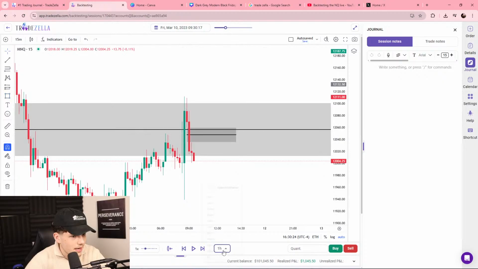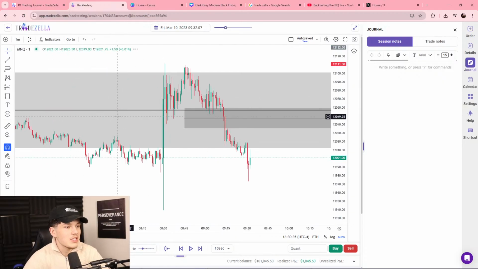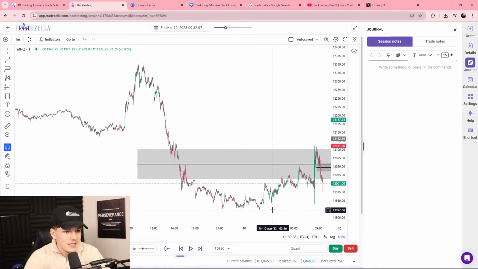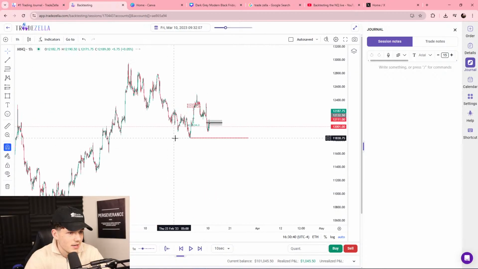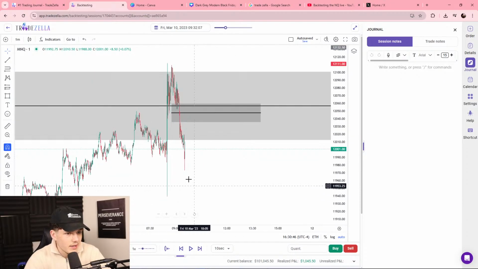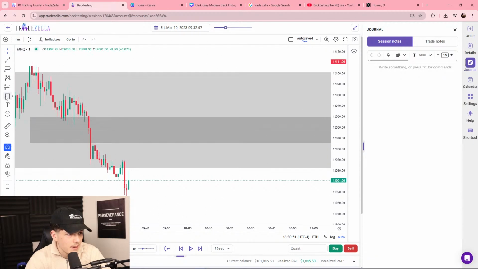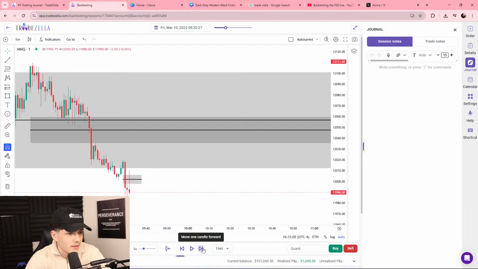So we're going to actually jump in and do a 10-second play here. You can see price action is wicking. Nothing really too crazy is happening. We have some sell side delivery down there, but that's not my target. My target is still that low all the way down there, but my intraday target could be there, right? It could be a partial. I'm anticipating price action to either trade up into the 15-minute or respect this 1 minute SIBI. Now I'm going to switch it down to 1 second, and you can see that we're kind of respecting it. I want to see a body.